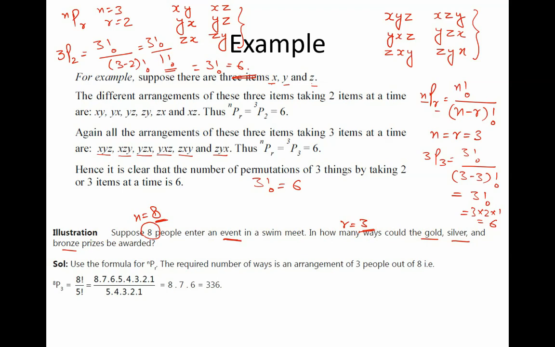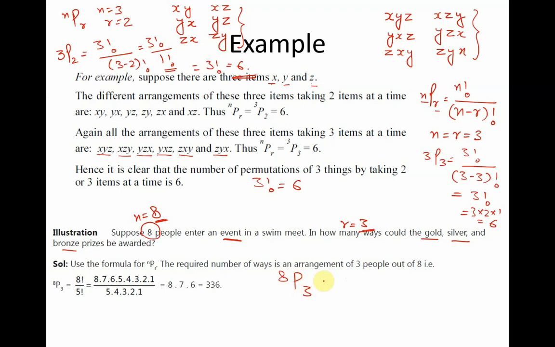Let's once again rethink it. It says there are 8 people entering an event, a swim meet. How many ways could the gold, silver and bronze prizes be awarded? What this question actually boils down to is, out of 8 possible people, how can I choose 3 people? How many ways can I select 3 people? So the problem is